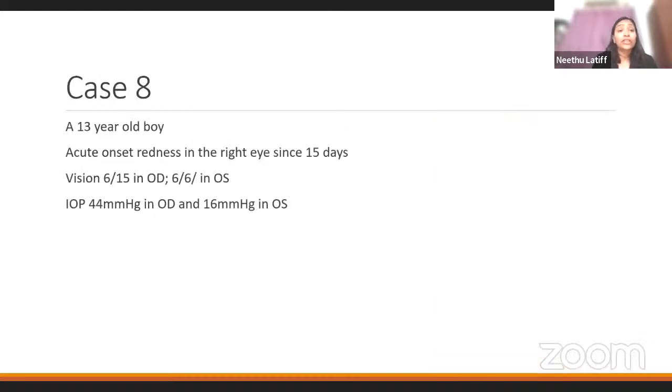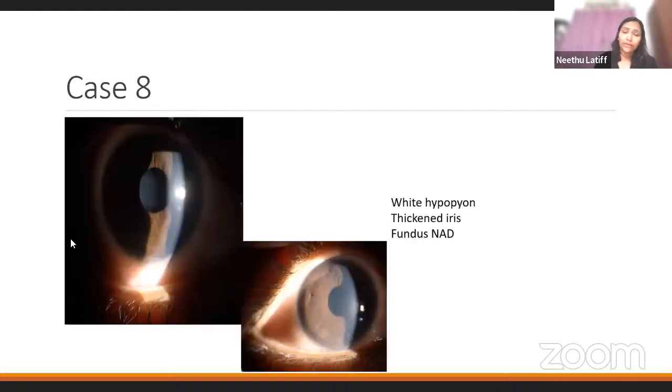Here's a case of a 13-year-old boy with acute onset redness in the right eye since 15 days. Vision is 6/15 in the right eye and 6/6 in the left eye. IOP is 44 in the right eye and 16 in the left eye. Here you can see a very faint hypopyon in the anterior chamber, and the iris appeared